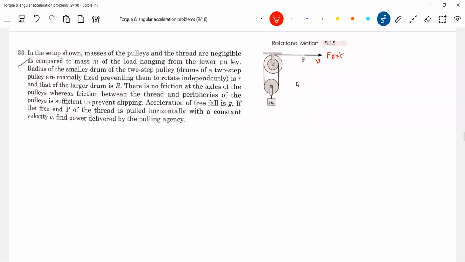So as it pulls, what will happen here? As it pulls, what will happen? This particular drum is called an inner drum of a two-step pulley. The radii are also given, small r and capital R. And what are the various forces that will be acting here? The tension,